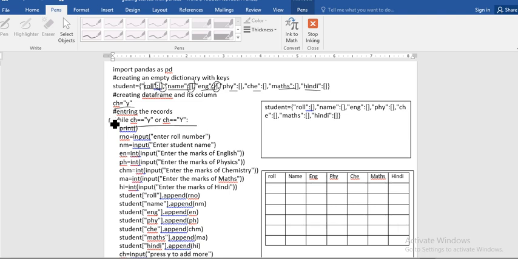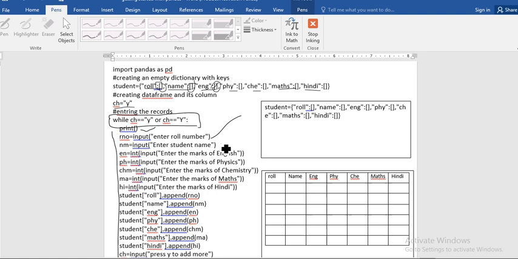It means as long as the value of ch remains 'y' inside the while, all these statements will be executed up to here. So let's start. This print statement changes the line, and take a simple variable for roll number: input, enter roll number.